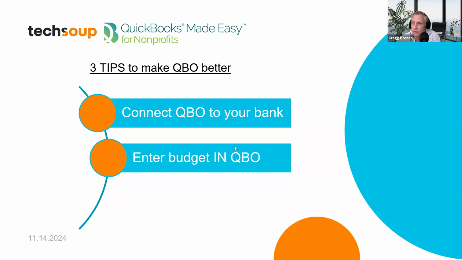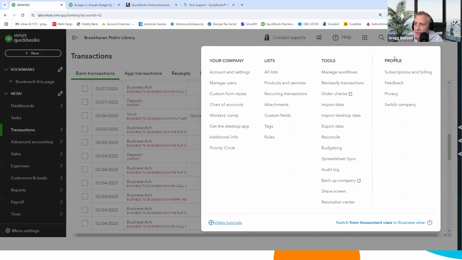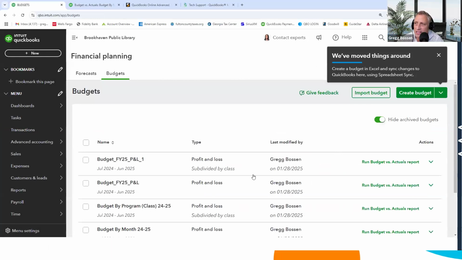So that's the other thing that's really important to do, which is to enter a budget. You click the gear here, and then you click budgeting right here, and there are all kinds of budgets that you can create. We teach you about budgeting both with our tech support as well as our training product, which I'll go over in a second.